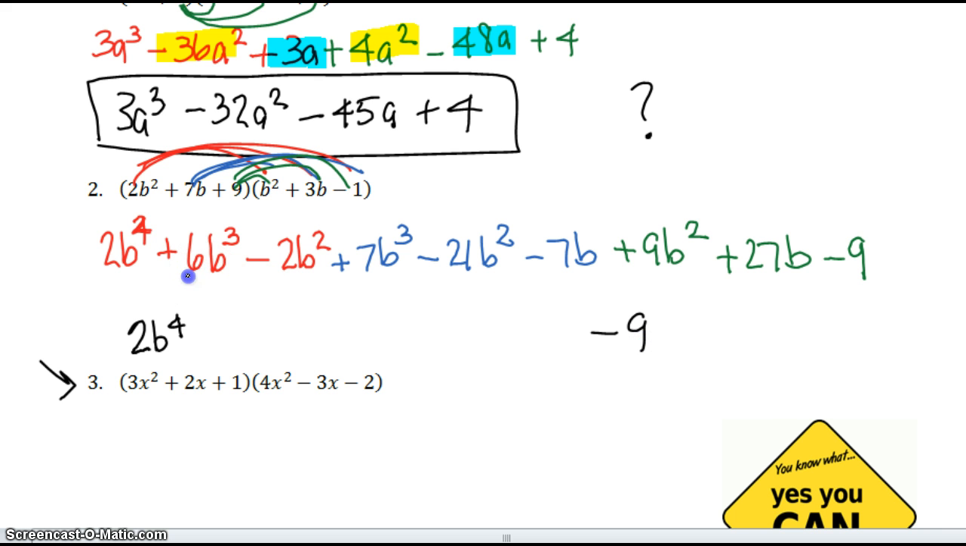And then I might go through and underline 2b to the third, 7b to the third, up to 13. There's no more b to the thirds, so 13b to the third. You could double underline your b squareds. Negative 2, negative 21 makes negative 23, plus 9 is going to make